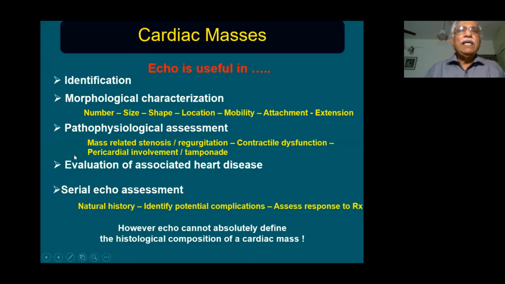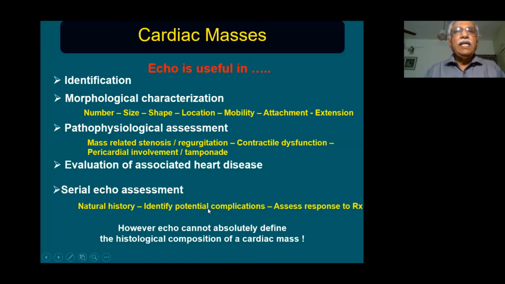Apart from identifying the mass, you have to see whether there is any basic structural heart disease, whether the patient has a congenital heart disease or an acquired valvular heart disease, or a myocardial disease or a myocardial infarction. All these structural heart diseases should be identified, and this can be easily done by looking at the echocardiogram. In some cases, we may not be able to come to a definite conclusion. Then we have to follow up the mass and identify whether it is decreasing or increasing in size so that we can be sure about the mass.